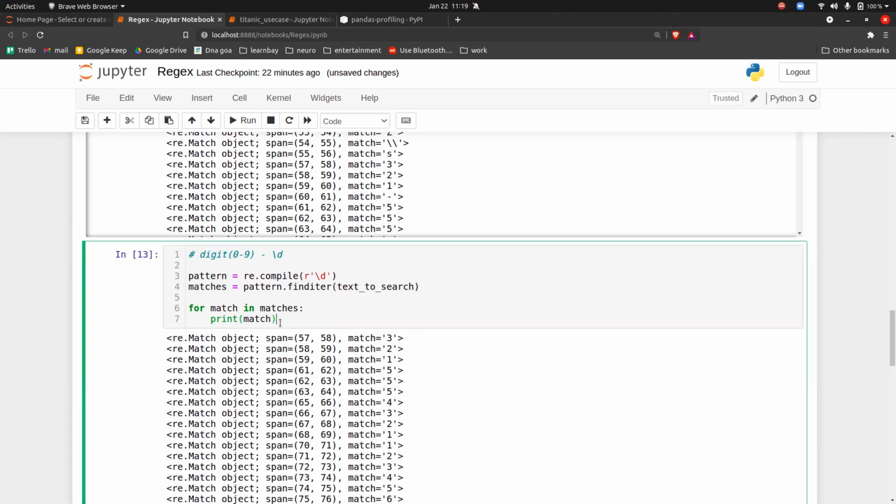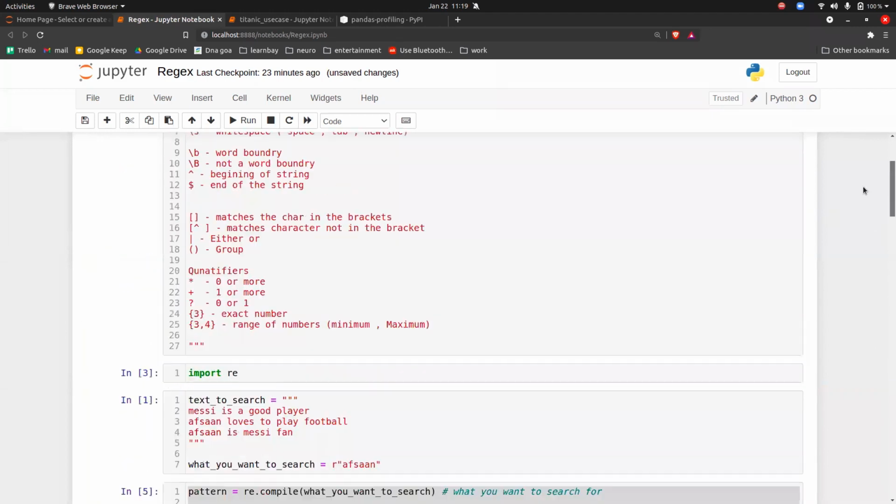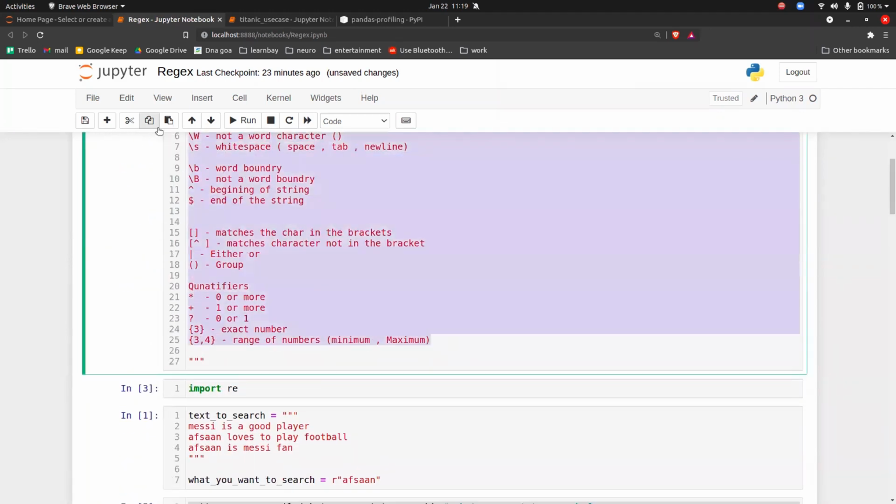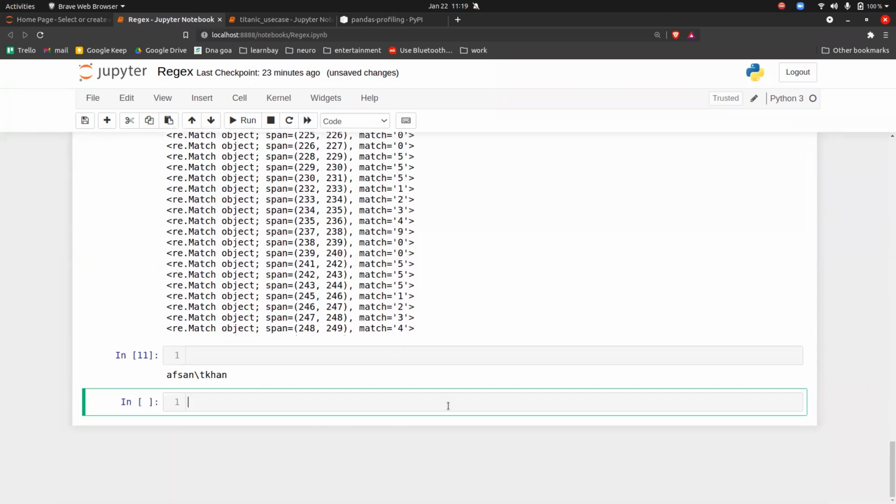Afsan, here we are writing R for raw. So doesn't that mean that we have to search specifically for backslash and d, not digit? No, this R is for Python raw strings. This slash d is not Python raw. These are regex's special characters that we have. So when you put R, that R is for Python raw strings.